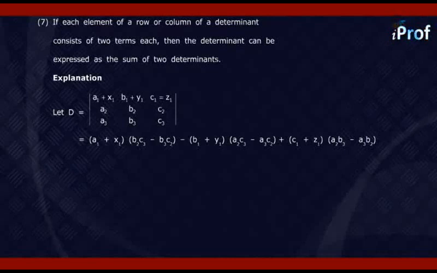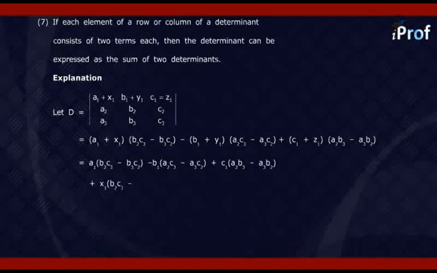Taking terms containing a1, b1 and c1 separately and x1, y1, z1 separately, we get a1 times (b2 c3 minus b3 c2) minus b1 times (a2 c3 minus a3 c2) plus c1 times (a2 b3 minus a3 b2) plus x1 times (b2 c3 minus b3 c2) minus y1 times (a2 c3 minus a3 c2) plus z1 times